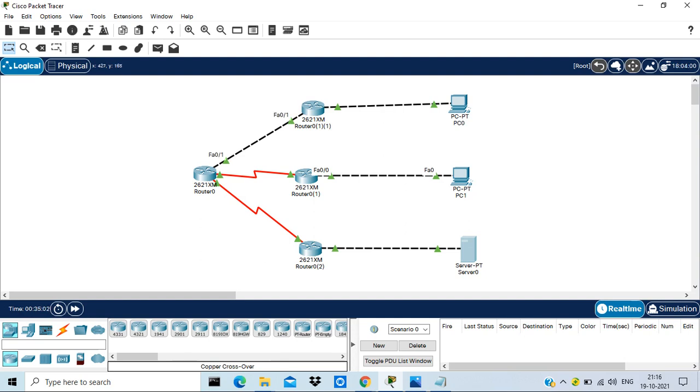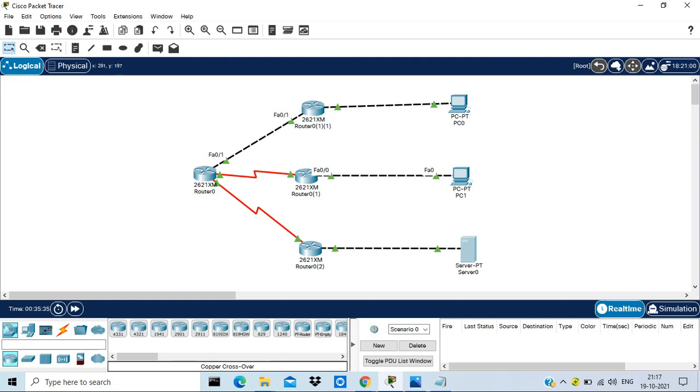Whereas if you look at the head office router, it is connected with three networks. Yes. It is connected with branch office 1, 2, 3. They have not shown the LAN part of this head office. There should be another LAN part, which is the local network of the head office. They have not shown it here. It is not required to be configured here. But actually, this head office router should definitely have a LAN network, right? So there would be another network, which will be the LAN network of the head office.